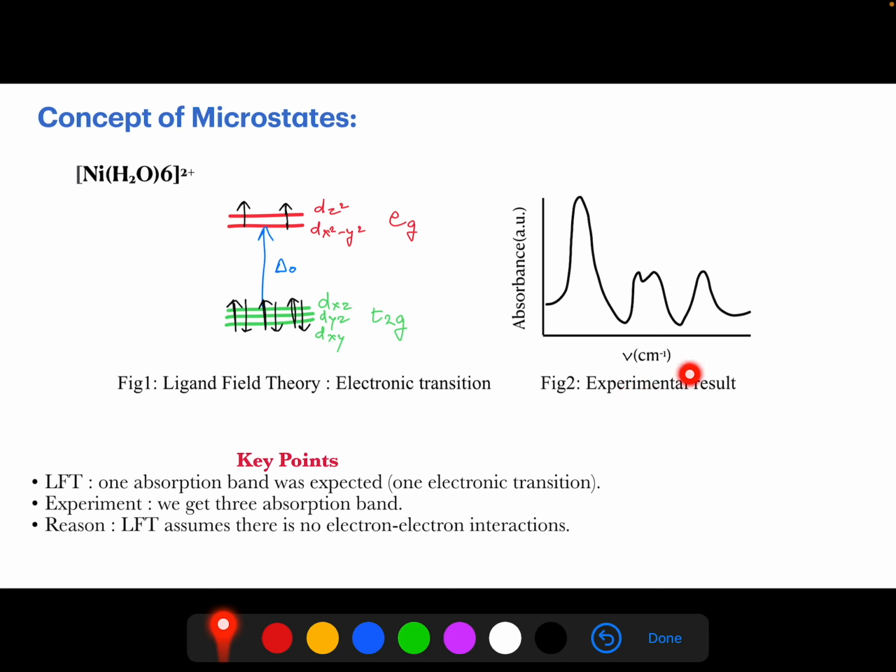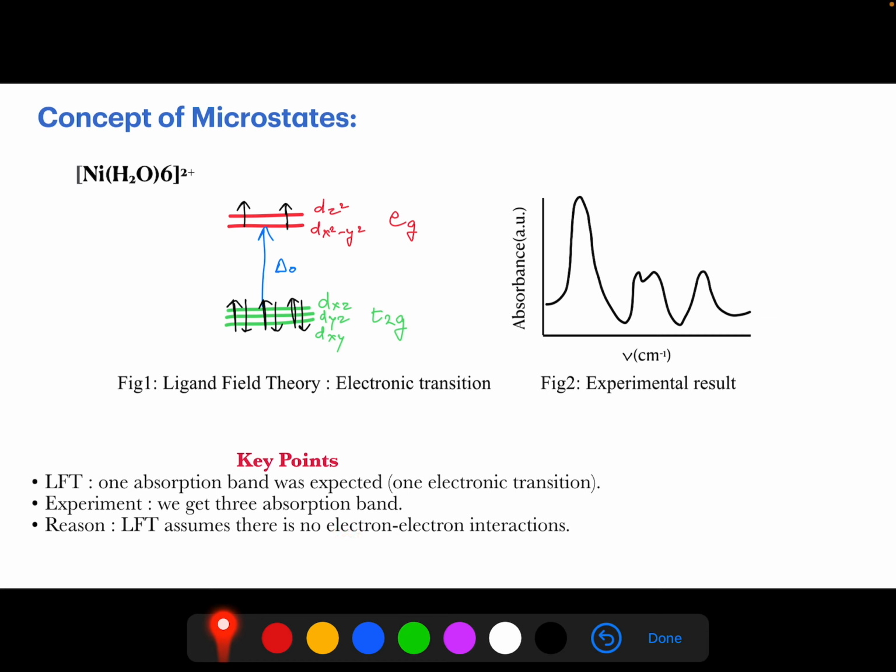but we find that the absorption spectrum is way more complex than expected. Instead of a single absorption band, we get multiple absorption bands. So here LFT is unable to explain this. The key point is that from ligand field theory we expected only one absorption band, that is one electronic transition, but through experiment we get 3 absorption bands, and the reason behind this was that the LFT assumes